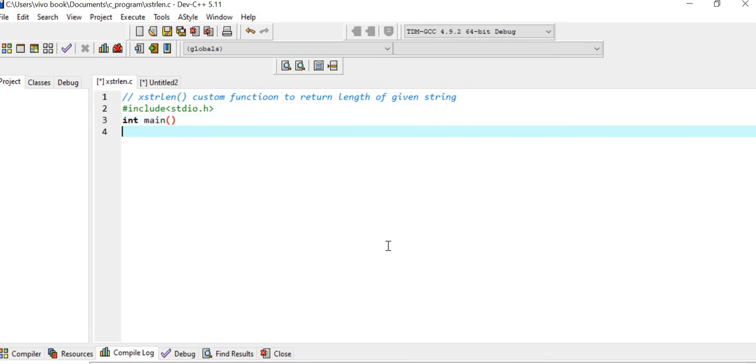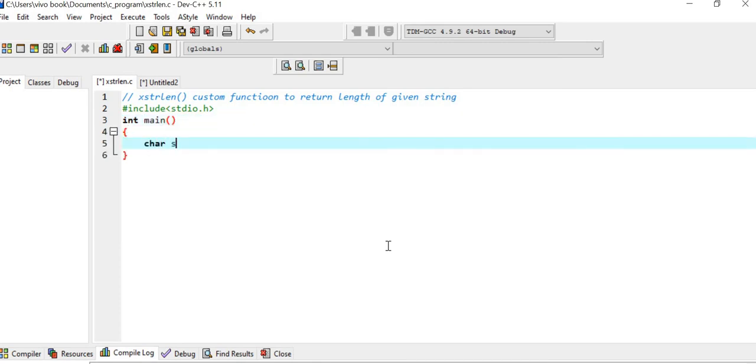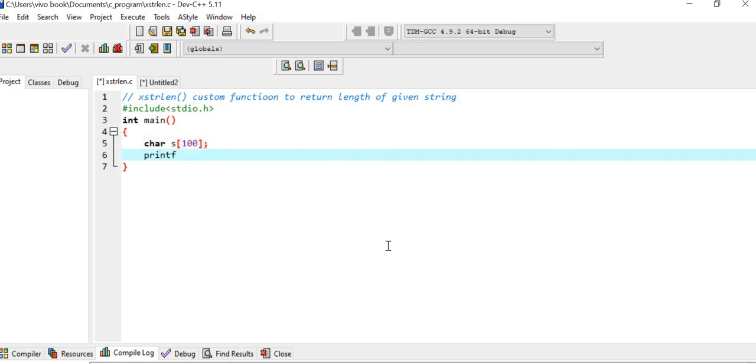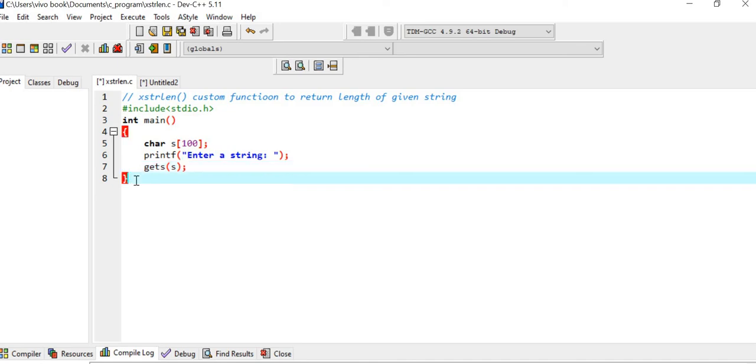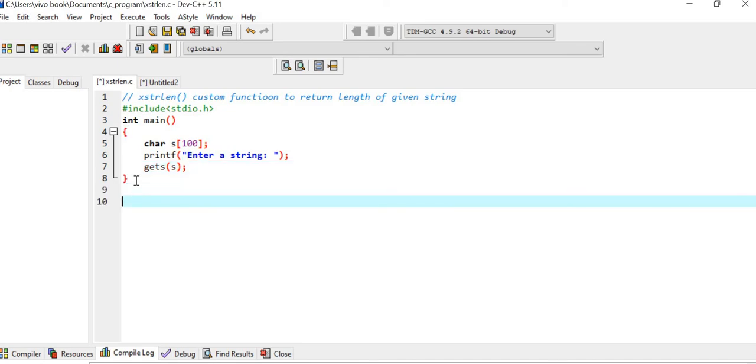In int main, I'll declare one character array, char str of 100, and ask the user to enter a string with printf "Enter a string". I'll be using gets for that, so gets(str). Then I'll declare one function called xstrlen, and since it will return the length, which should be an integer, the return type of the function will be int.